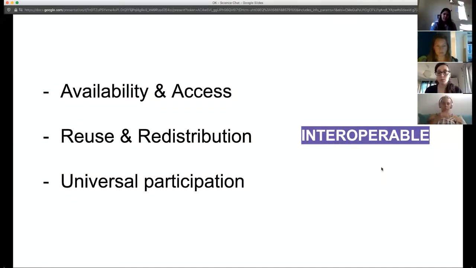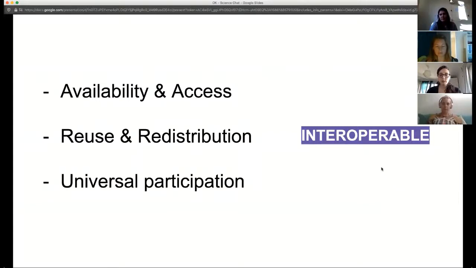So you have to be able to download it, basically, and it has to be machine readable. I don't know if any of you have worked with data sets that are online, but they are like a scan of a PDF, and good luck. What do I do with a table that is scanned? It's impossible to work with it.